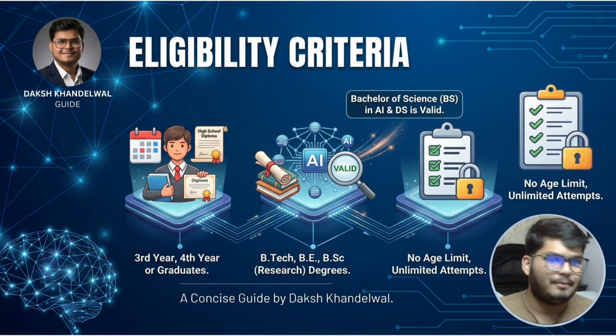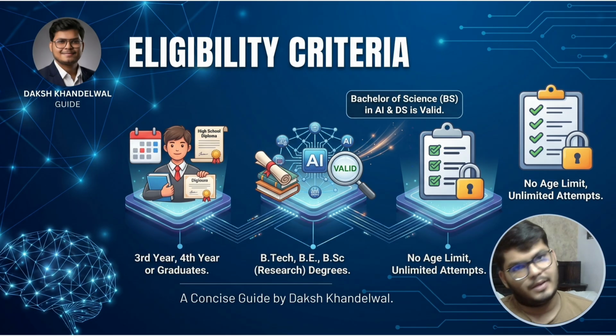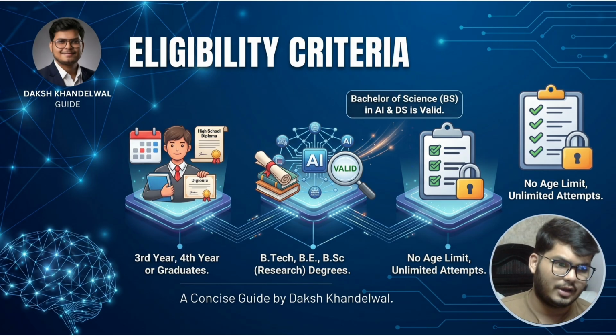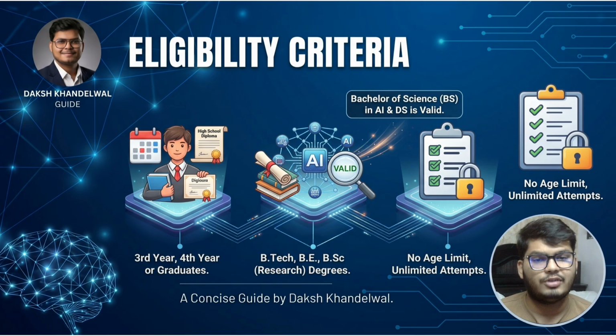For example, I am pursuing a Bachelor of Science in Applied AI and Data Science through the online degree at IIT Jodhpur, and students from programs like this can appear for GATE. They can explore GATE opportunities by choosing the paper that best matches their academic background, like artificial intelligence and data science. If you're worried that your degree or age limit might stop you, don't worry, in most cases it is allowable. You can just check the eligibility criteria of that year.